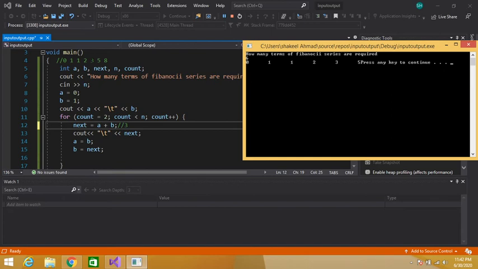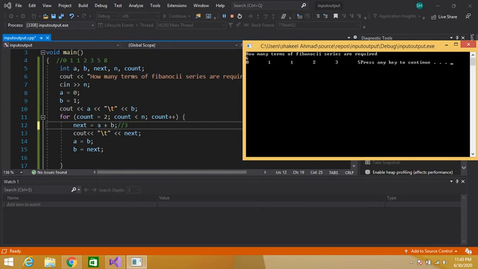So this is our A, this is our B. So again the loop is terminating. The value of the counter variable, which was previously 4, now becomes 5. Again control will check this condition: 5 is less than 6, yes.